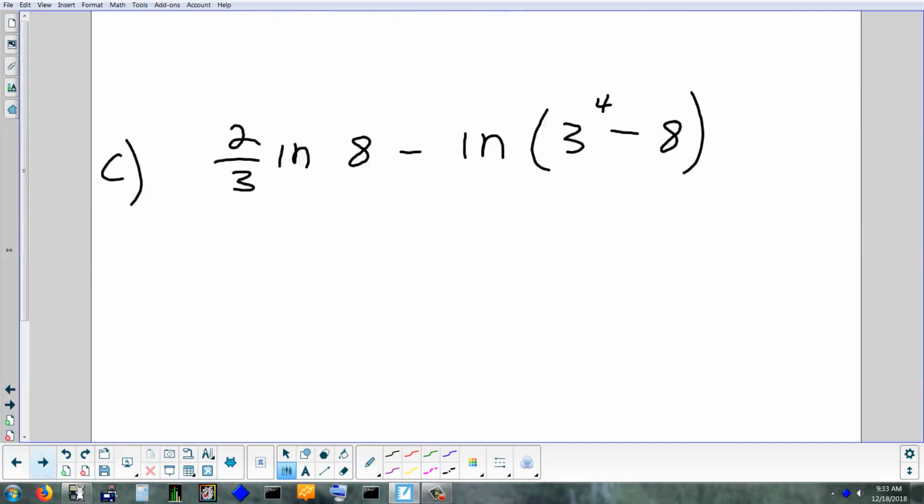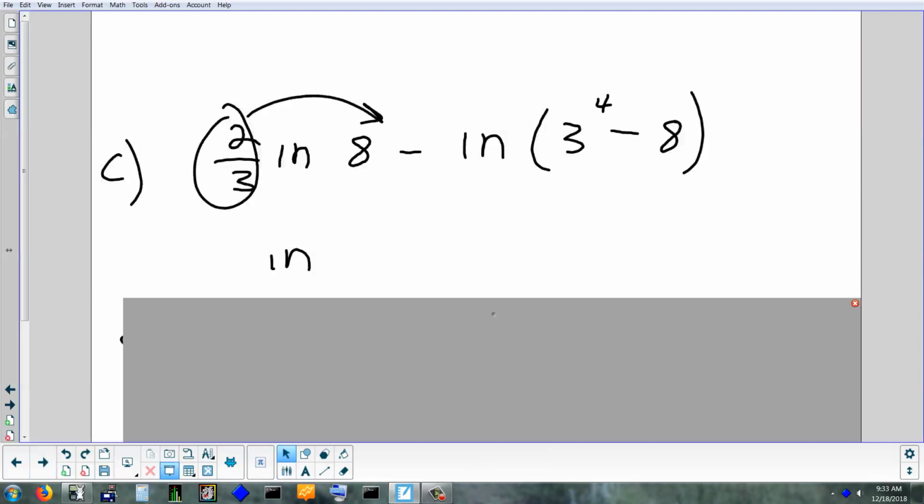All right, let's try this one. I need to change this a little bit though. Let's see. Actually, you know what? I think that's fine. Let's just leave that. All right, so first thing you do here is put the 2/3 back as an exponent. Now, 8 to the 2/3, we can actually do that in our head. Notice how I wrote it as a fraction, but I wrote it kind of horizontal? That was on purpose, because